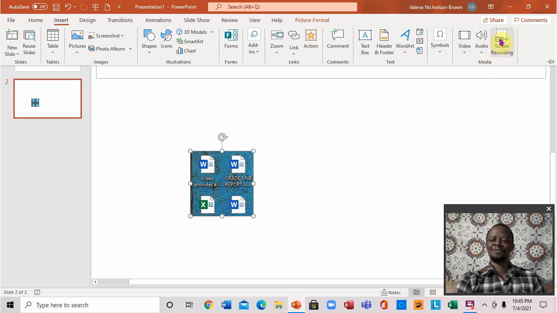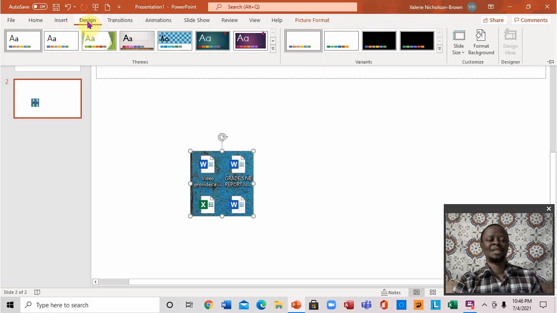Not only that, you can use this right here to click and record this PowerPoint presentation. So there's a lot of things that this can literally do. Alright, when you click on Design, you notice right here, you can add different textures to this